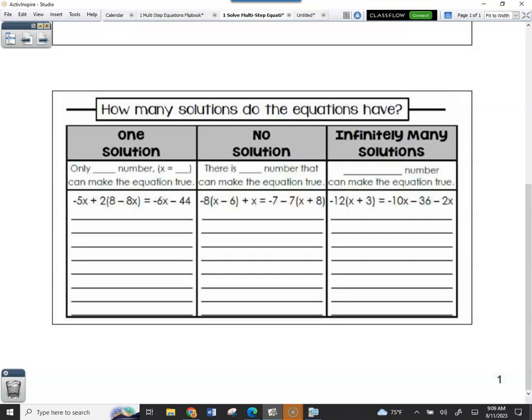Positive 2, positive 8, so it would be positive 16. And then also, we want to bring this down because we'll work the problem from left to right, and then it's easier to know what to write as you're going. So it'd be positive 16. And then you can distribute it to this, which is